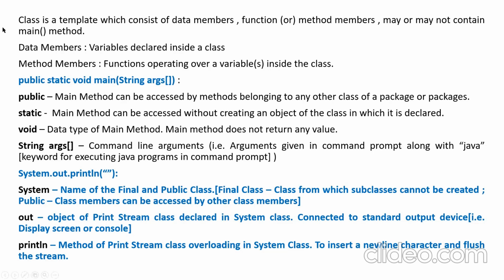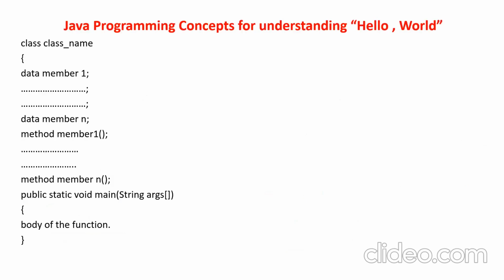Okay. So public static void main, what does it indicate? Public means that the main method can be accessed by classes outside this hello world class. There are multiple classes within a Java program. It can be accessed by any classes within a particular Java program as well as classes belonging to any other packages. A package is nothing but a group of related classes within a particular folder. Package is nothing but a folder.